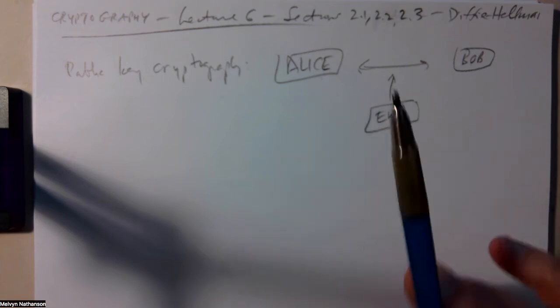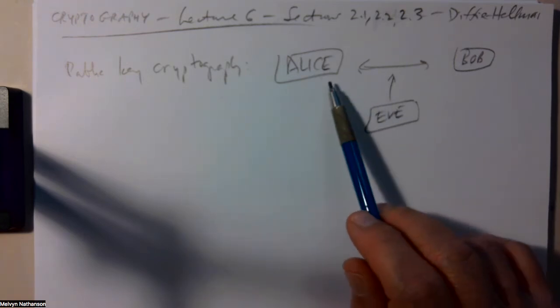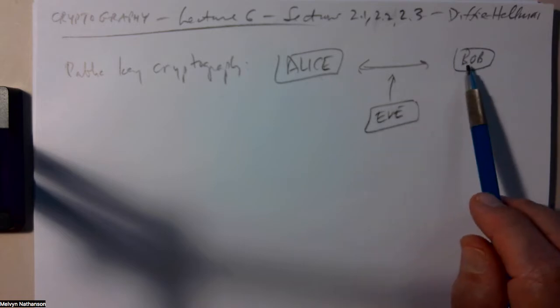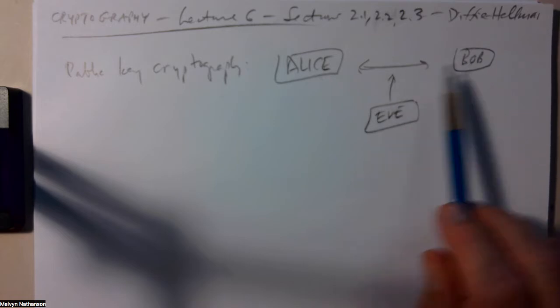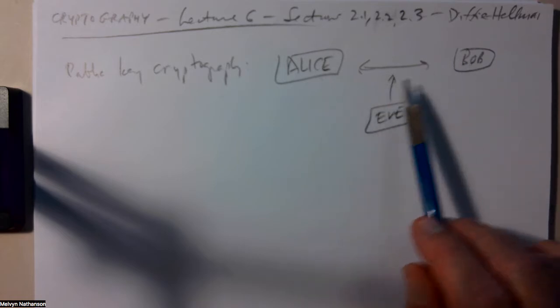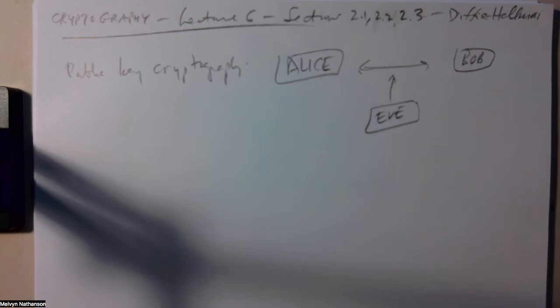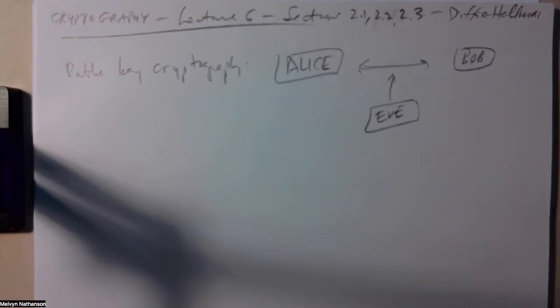So when you're just setting out, how does Alice give a key to Bob, and how does Bob give a key to Alice, or how do they exchange keys so they can encrypt and decrypt, that is, encode and decode their messages? So that is, you might say, the first problem in serious cryptography,